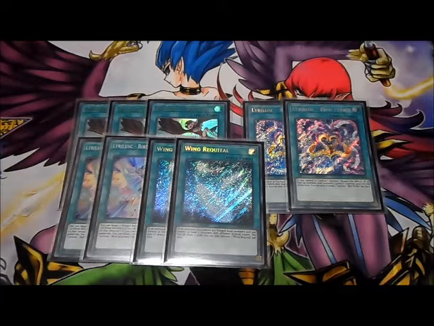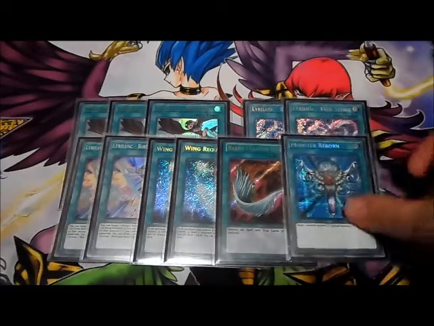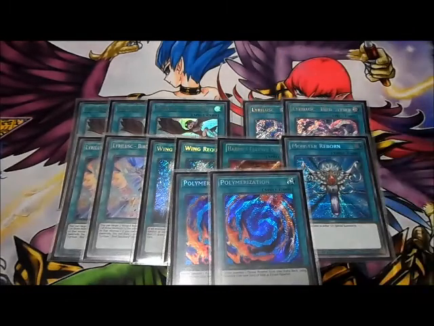Anyways, Wing Requital's effect is, if all monsters you control are Wing Beast type monsters, and you control at least 2 monsters with different original names, pay 600 life points, and draw 2 cards. So with Lyrical, it's not a bad thing. You can still play it like that. And you get 2 more cards in your hand too. So, there you go. Next, Harpie Featherduster, Monster Reborn, and of course, we're playing 2 copies of Polymerization,